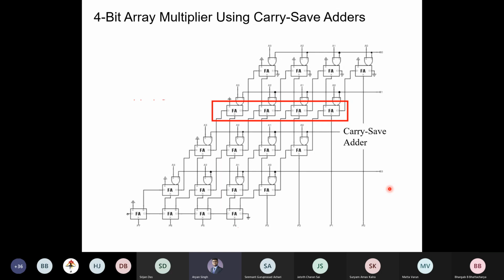N square. Yes, n square. So this cost is quadratic. Remember that later on we will pass on to a different algorithm in order to save this cost. N square AND gates you need, and the computation time is also affected. Although these AND gates are working in parallel, you need to compute n square partial products anyway, and then you add them together by some mechanism. So that is the overall story of the array-based multiplier.